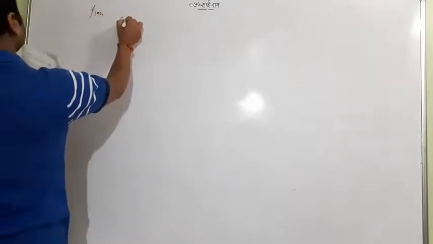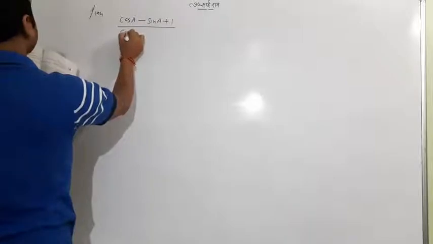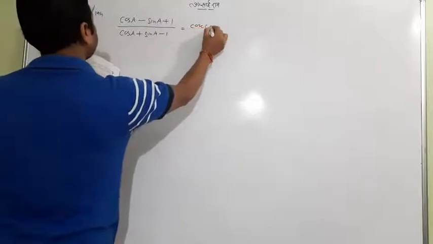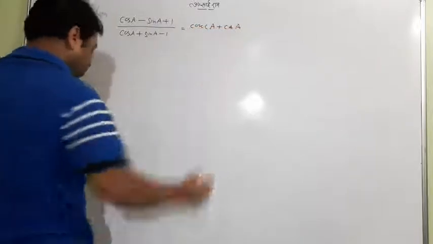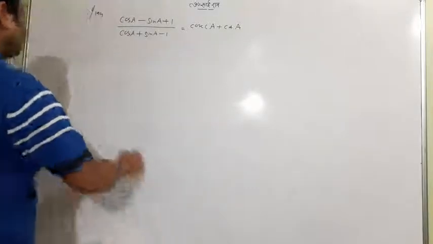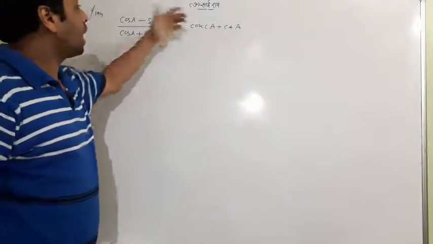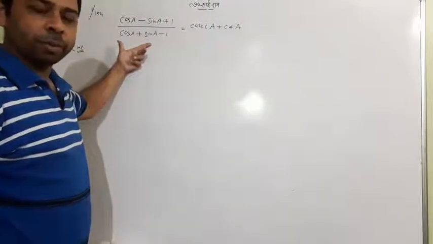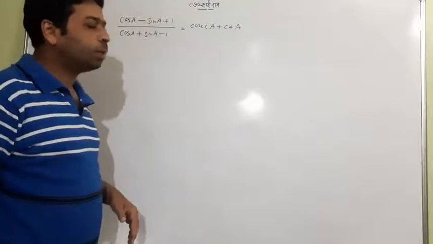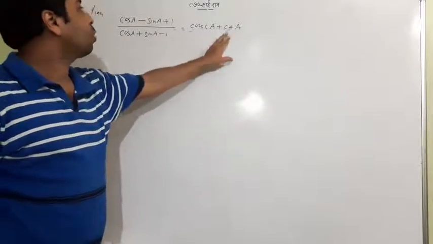Fifth question: cos A minus sin A plus 1 upon cos A plus sin A minus 1 equals cosec A plus cot A. I want to prove this. Very interesting it is. Don't be afraid of this kind of question now. You must know the trick only. First I'll go with the LHS. And you should know that I need the answer in cosec and cot. I have very simple terms, sin and cos, but as I taught in the last question, these questions are actually a different type of question, and you must remember the trick that you need cosec and cot from the side.